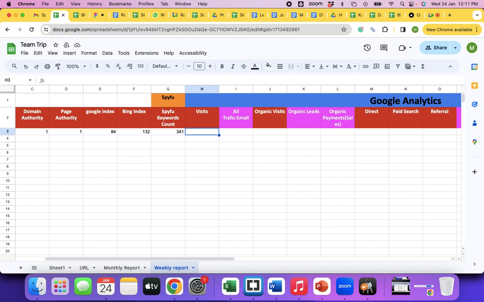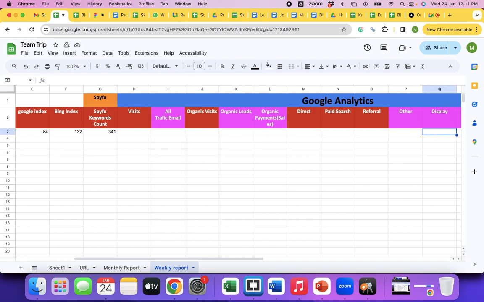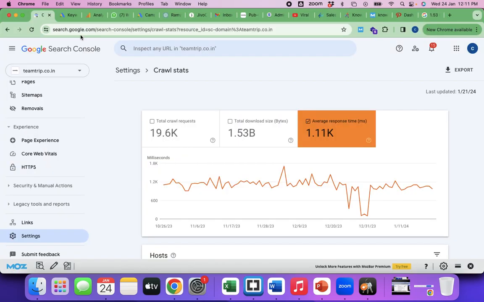When we record it here, it becomes easier for us to plot the graphs or process the data and understand what's happening. Last time it was this, and next time when we see this as 700 here, we will be able to quickly sense it: okay, it's improving or it's dropping. That's why we track all these details here. I'm not sure if we have access to their analytics or if their analytics is working fine. If not, we won't get any of those details, but I'll show this for some other website.